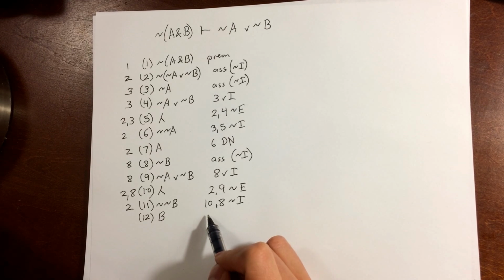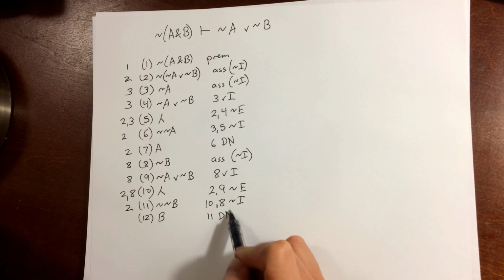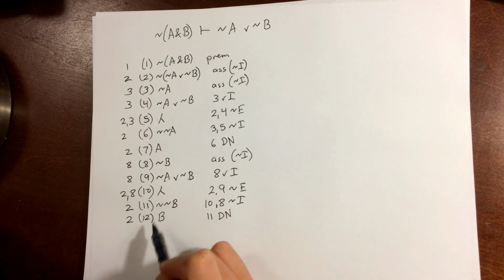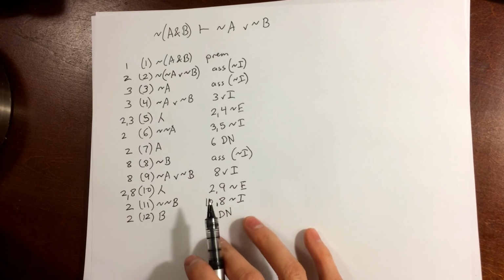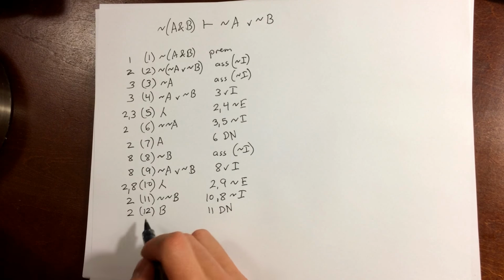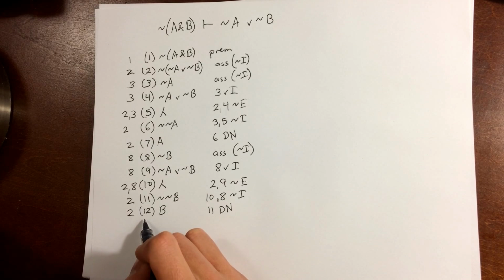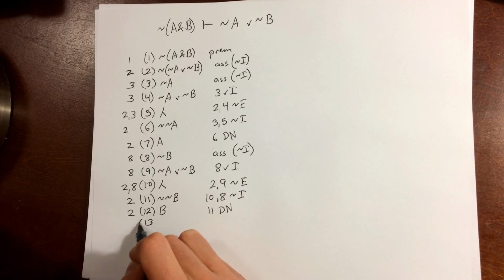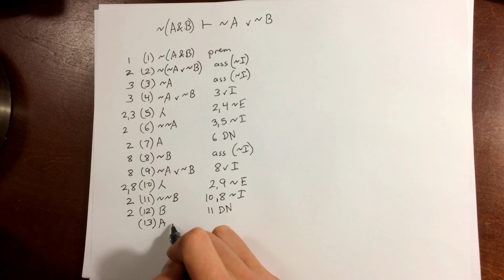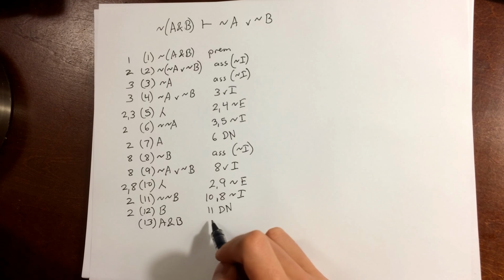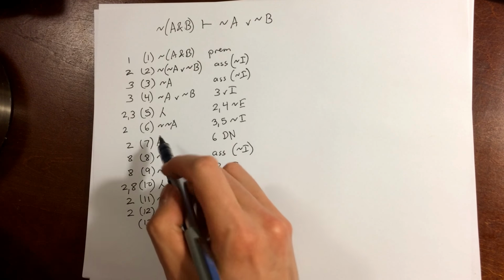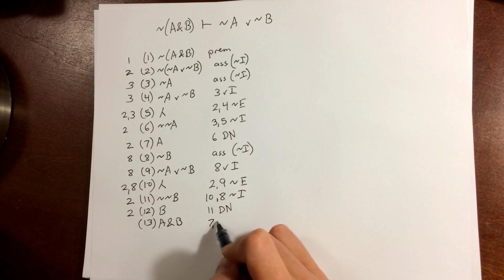So here B comes from 11, double negation. So now that we have A and B, what we're doing is going to produce the last contradiction that we need. So on 13, we can combine A and B, from line 7 and line 12,